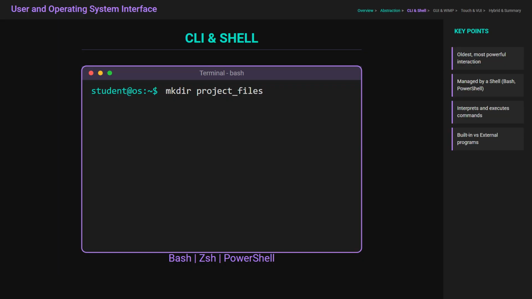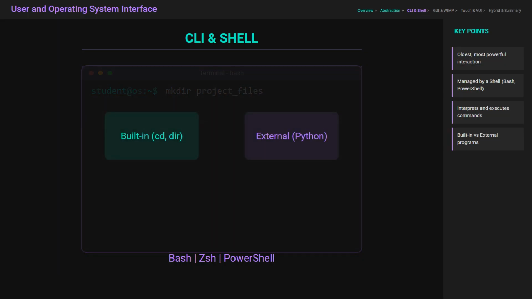This execution happens in one of two ways. First, there are built-in commands, where the code for the action, such as cd or dir, is contained within the shell itself. Second, there are external programs. In this case, the shell treats the command as a file name, searches for it in a list of directories known as the PATH, loads it into memory, and starts its execution. For instance, when you run a Python script, the shell finds the Python executable and passes the script to it